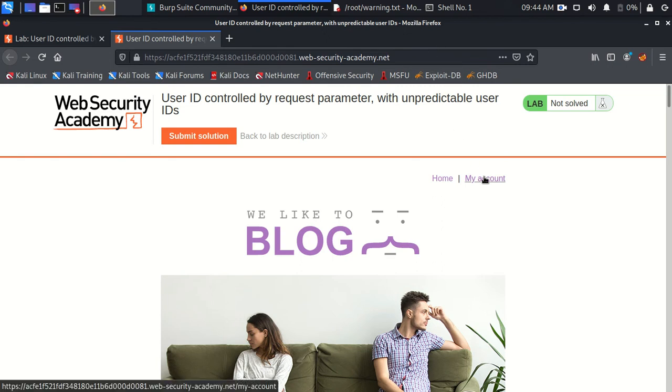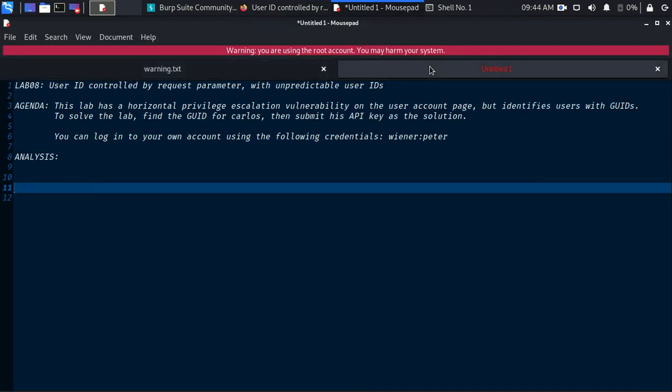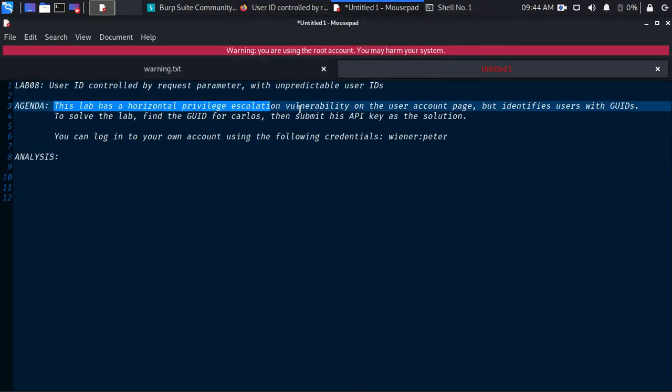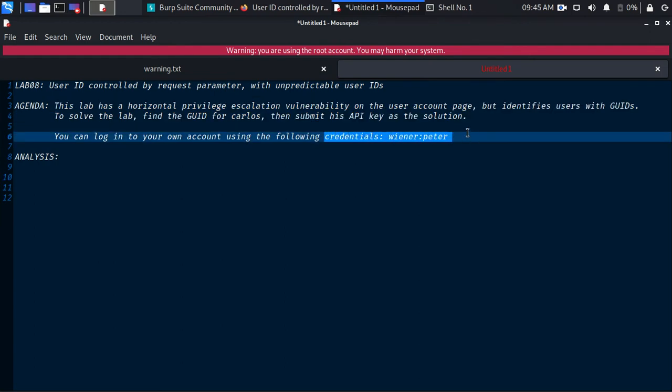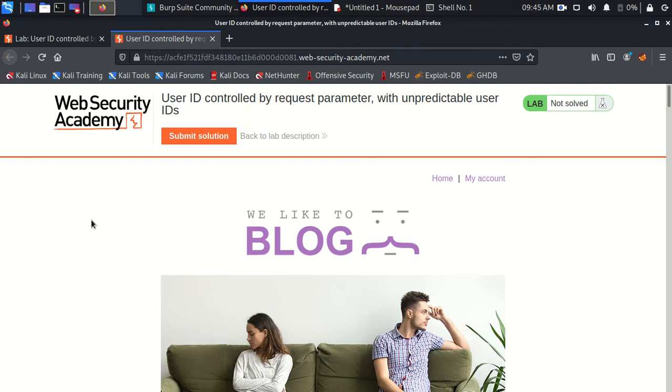So we have to find out the GUID for the Carlos user, and then we can access the resources for the Carlos user and horizontally escalate privileges. Same as what I told you before, and we have the credentials. So let's go to the